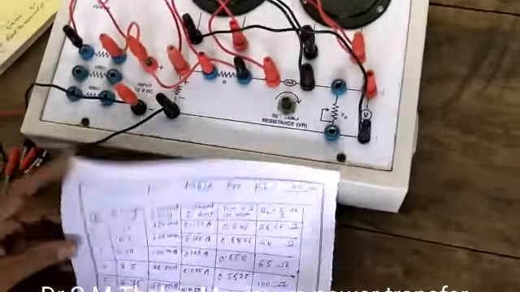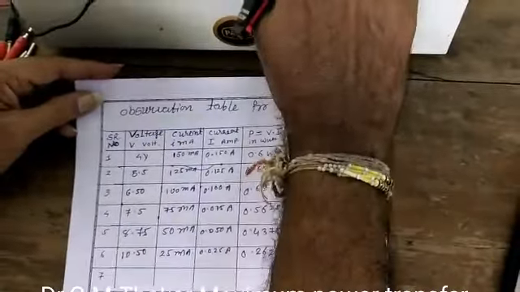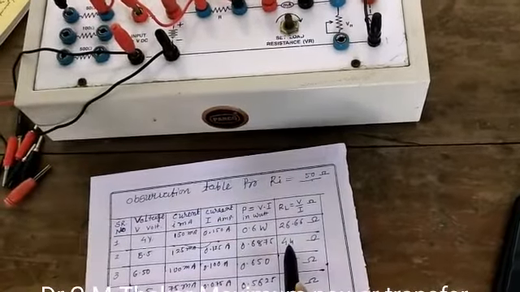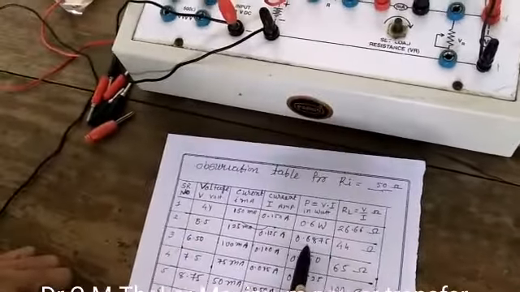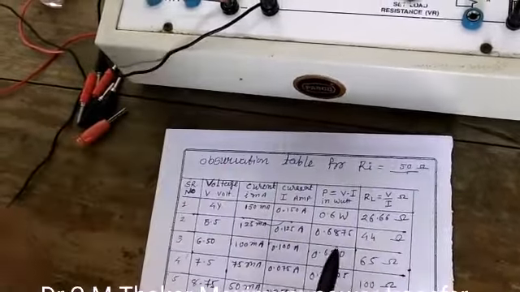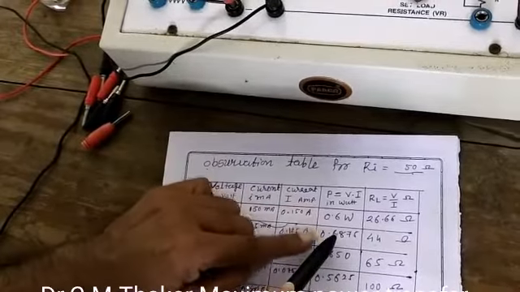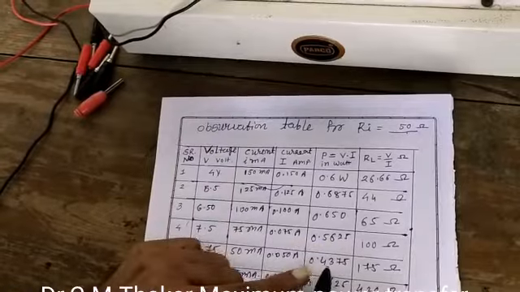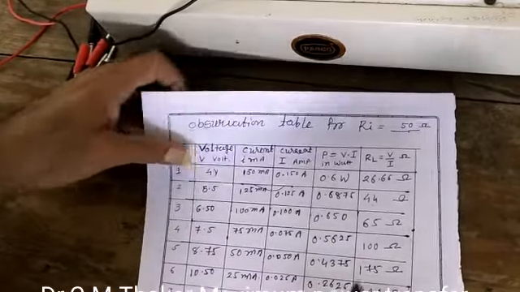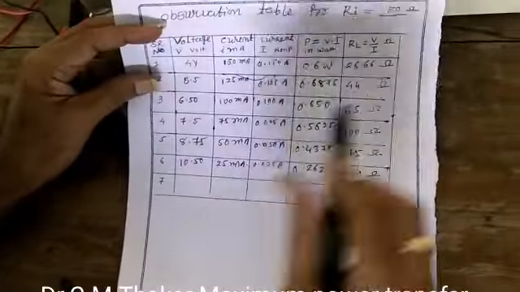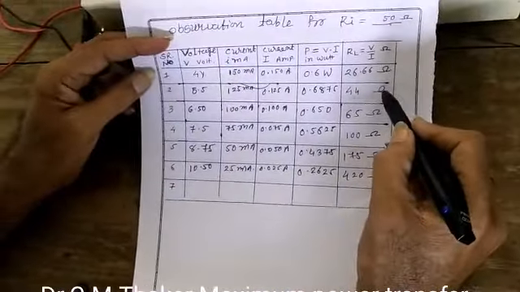Now you see, we connected 50 ohms, right? And the load resistance value near 44 ohms is almost near to 50 ohms. It shows the maximum power, 0.6875, and the rest of the powers are less than that. Suppose 0.6, then 0.68, then 0.65, then 0.56, then 0.43, and 0.26. So power becomes maximum for a certain value of the load resistance.